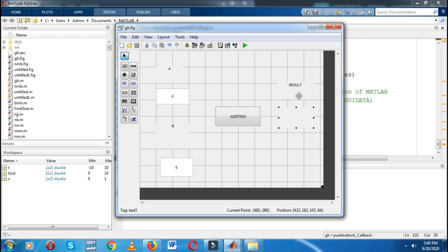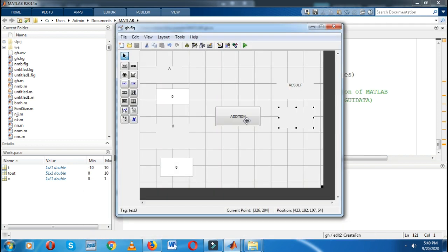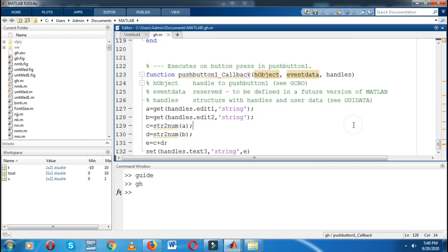Whenever we save, it will generate a .m file of that particular graphical user interface, and just write a program under that push button, because that push button will decide the total procedure. So simply go to the addition and go to the callback, so it will come to this point.